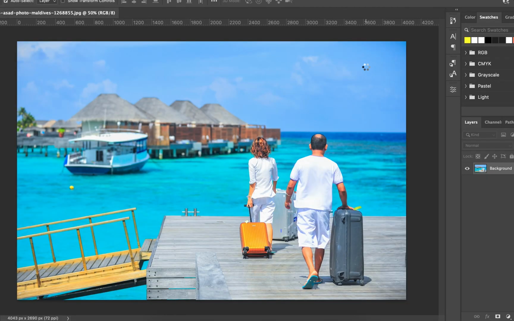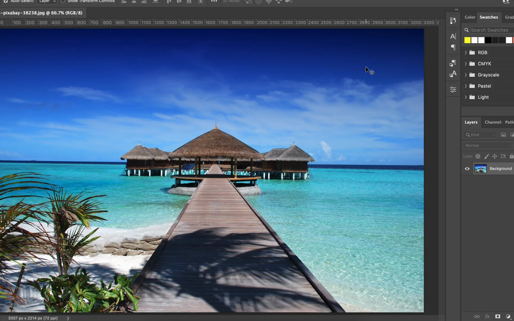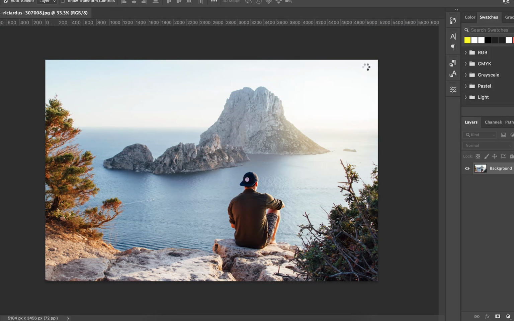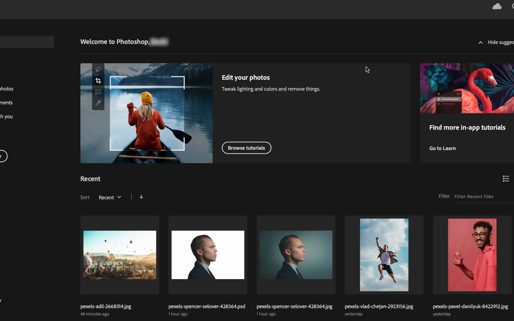What Photoshop is going to do is bring in all of your images and compress them, and it will bring them up one by one like you can see here. Obviously, if you've got multiple images, this will take some time. If you only have a few images like I did just there, it doesn't take too long.